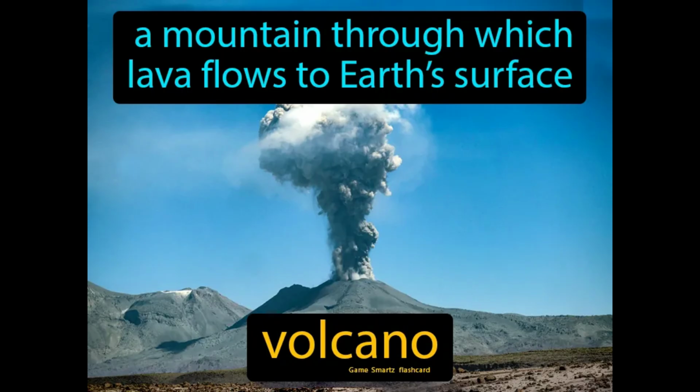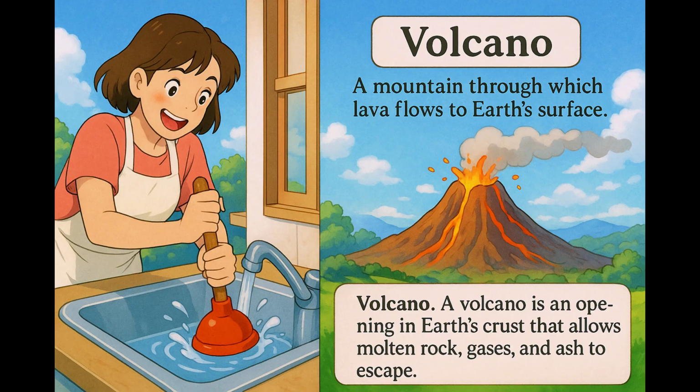A mountain through which lava flows to Earth's surface. Volcano. A volcano is an opening in Earth's crust that allows molten rock, gases, and ash to escape. Imagine you're trying to unclog a stubborn kitchen sink drain that's backed up with water. Just like the pressure builds up in the pipes until the blockage is cleared and the water flows out,